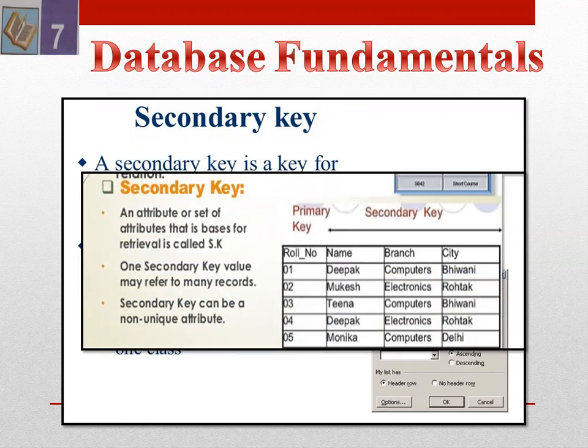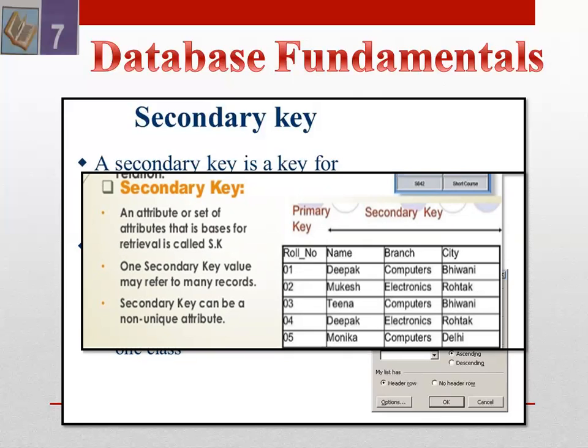Secondary key: an attribute or set of attributes that is the basis for retrieval is known as a secondary key. One secondary key value may refer to many records. A secondary key can be a non-unique attribute.